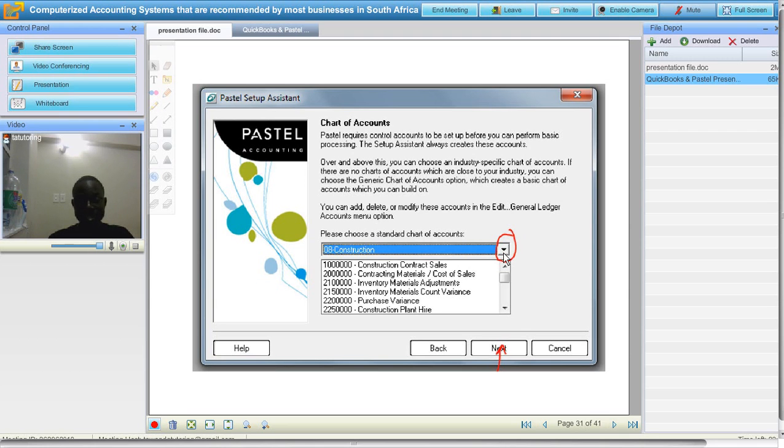For tax filing service, it's a construction company that I'm using, and I wanted to use the same industry for both QuickBooks and Pastel, so you can see the difference. Then after choosing the industry, just underneath it shows you all the set of accounts that are being created by Pastel for you. You can add more, you can subtract. It's up to you. Then click next.